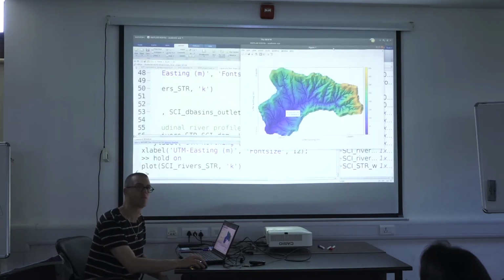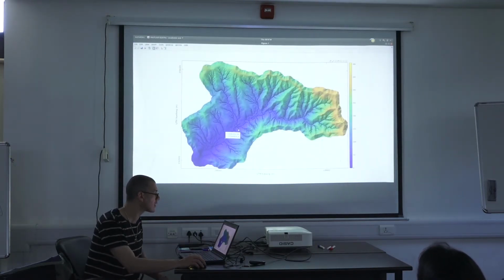Please repeat this. You say what? This sub-basin part. How we can select a particular sub-basin? You need to get the coordinate of the outlet. So by clicking on